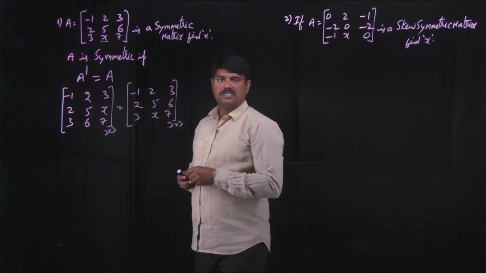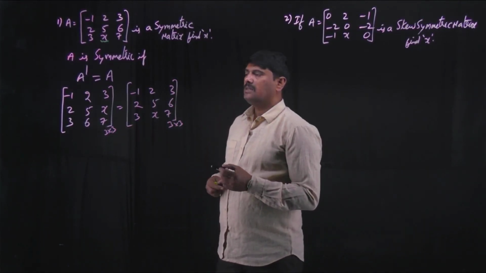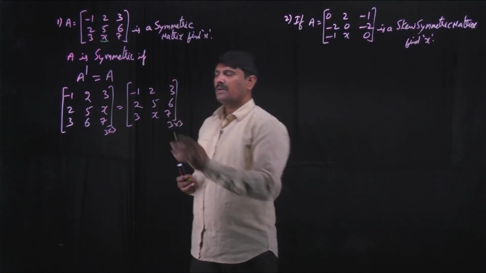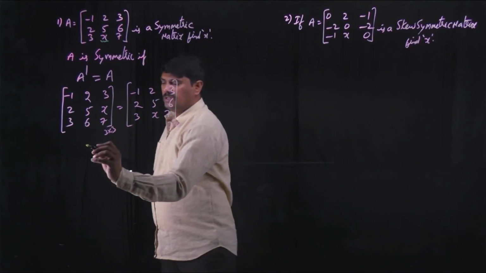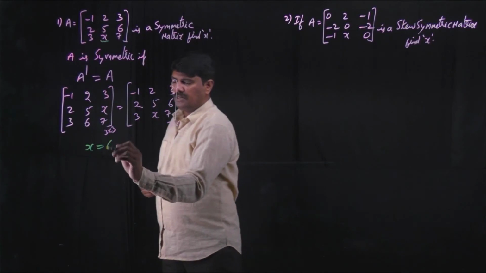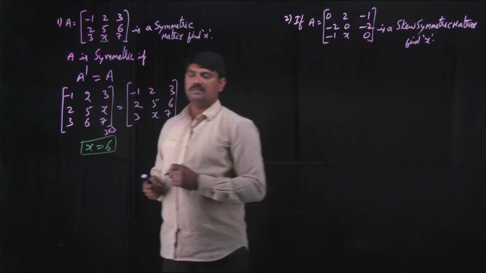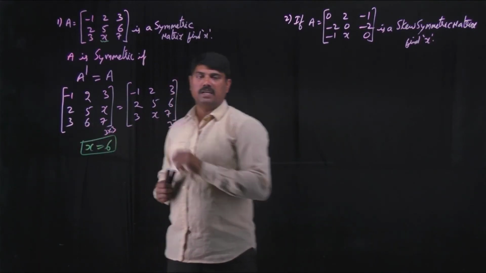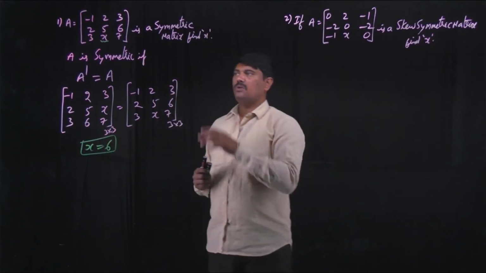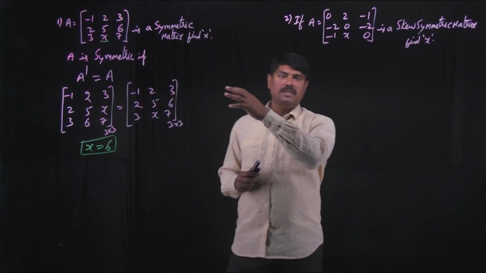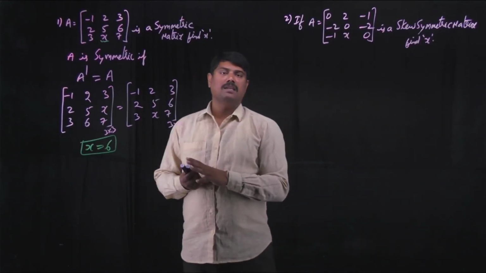So now using the concept of equality of matrices, along with orders of the matrices, corresponding elements have to be equal. By equating second row third element, here x, and second row third element, which is 6, you can say that x is 6. Or comparing with the third row second element, again you get x as 6. That is how, for a given symmetric matrix, if there is one element unknown except the diagonal elements, you can find it easily.